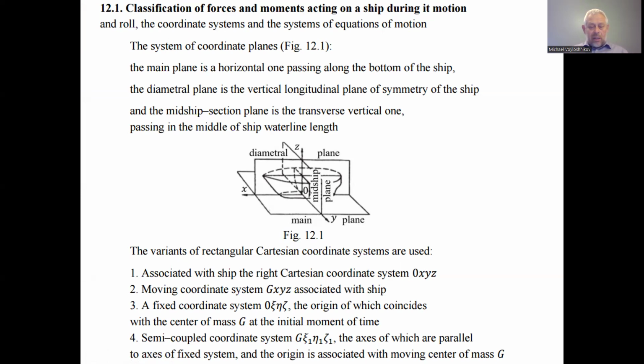So what kinds of Cartesian coordinate systems do we use for determining the ship motion when rocking and when moving under control? The first is the right Cartesian coordinate system associated with the ship, which, for example, is shown in figure 12.1. Second, a moving coordinate system G, x, y, z, those whose center coincides with the ship's center, associated with the ship,